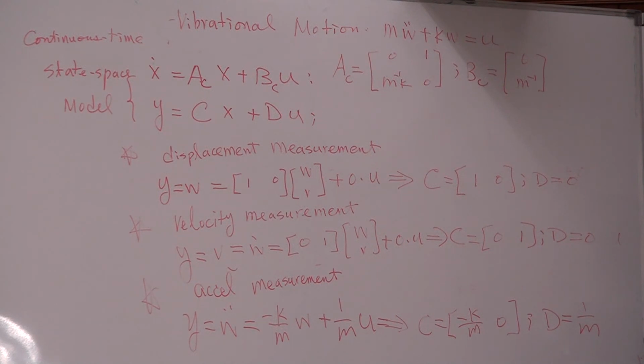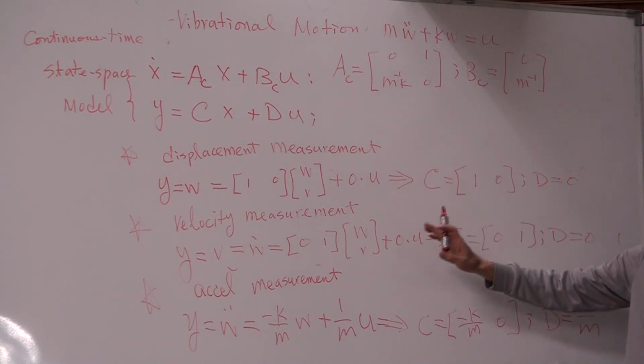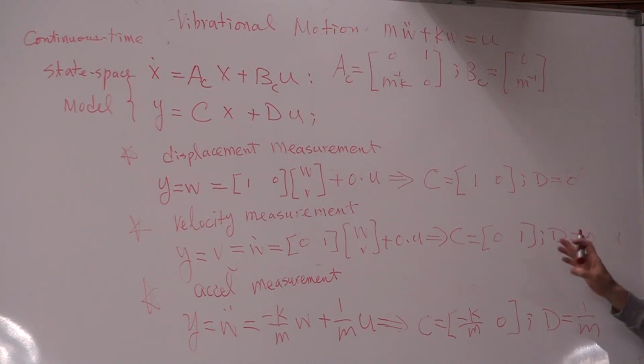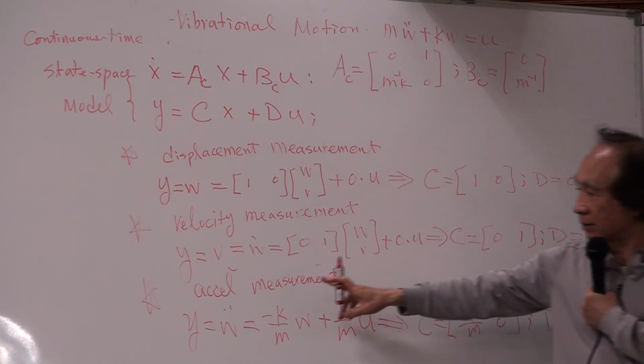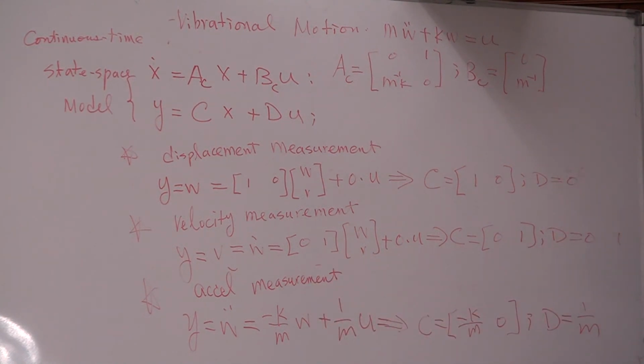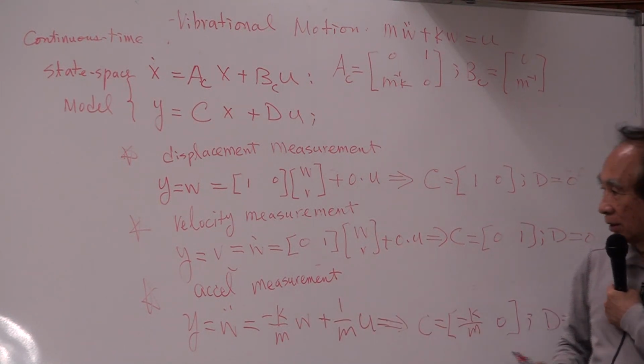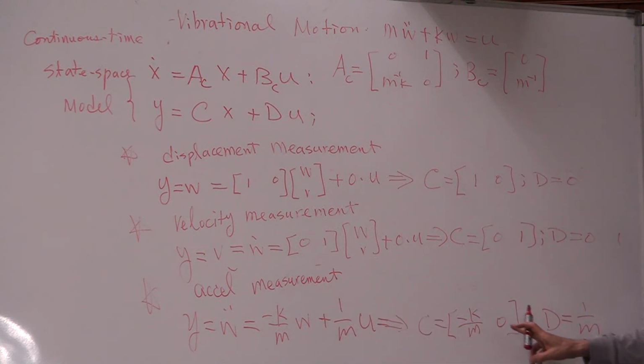Do you see any important things here? If you look at displacement measurement, velocity measurement, they always got no D. The only measurement that has the D values is the acceleration measurement. This is because you have that U terms. So in the acceleration measurement, you have the C